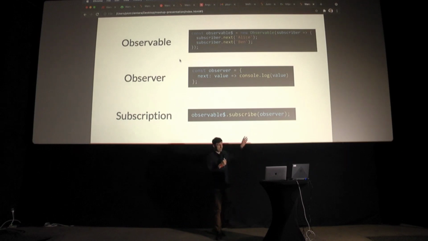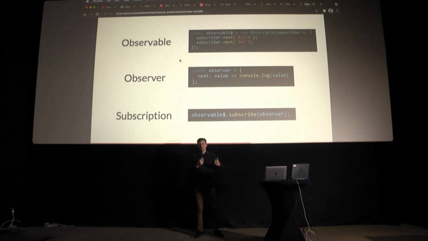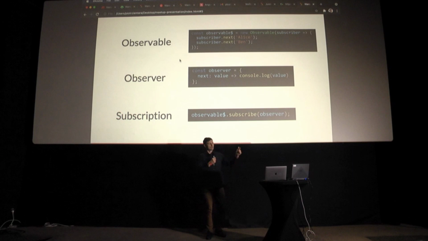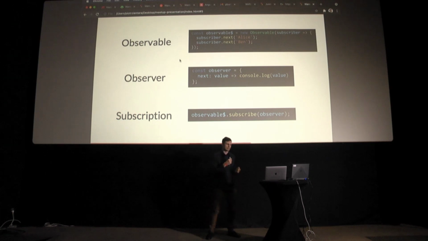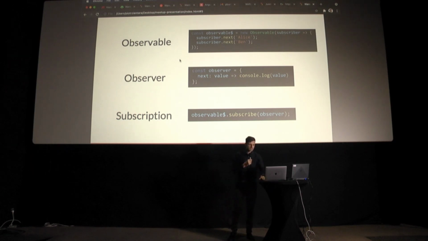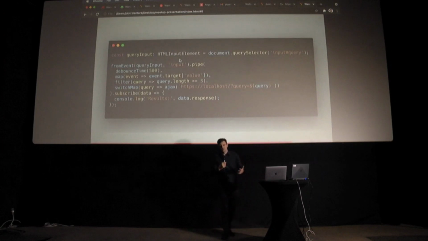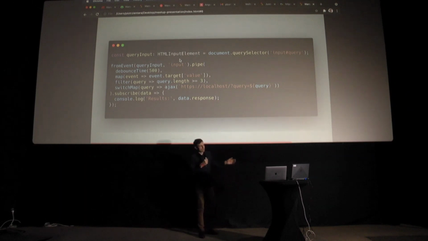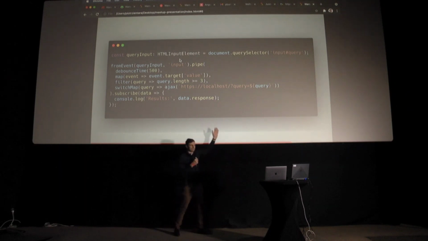Simplifying what we have on the screen right now, the observable is like a function which can return multiple values, also asynchronously. The subscription is like a call to this function, and the observer is our callback describing how we want to react to each emitted value. In real-life situations, there are many shortcuts, helper functions, and operators available in RxJS, so instead of using the new observable constructor, our code will look more like what we can see over here.